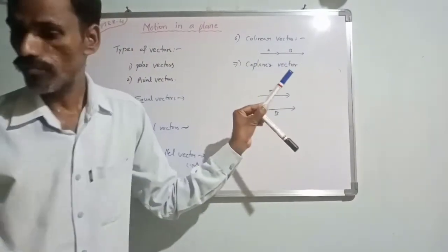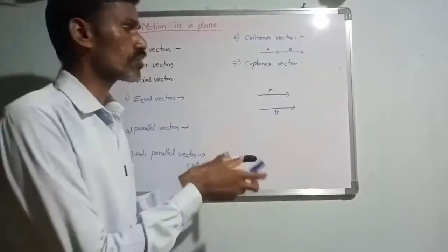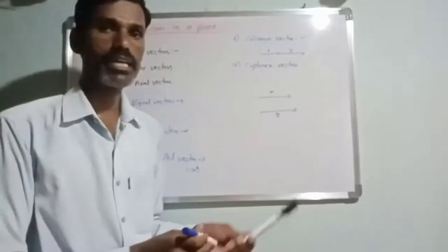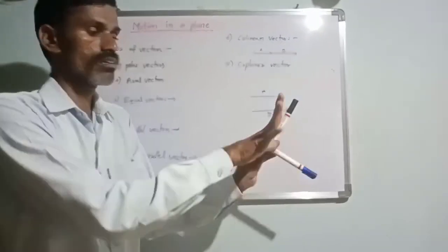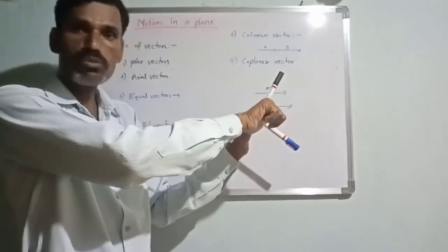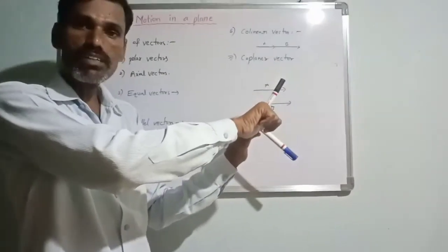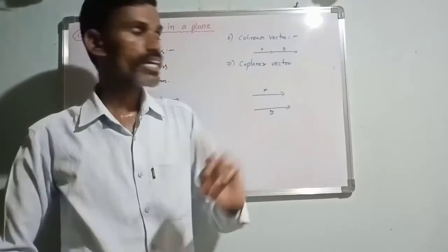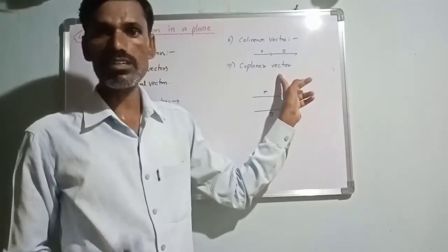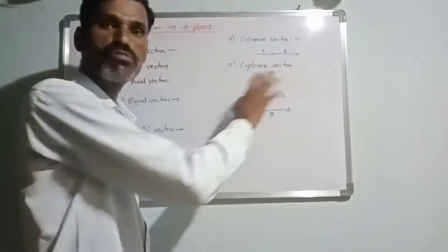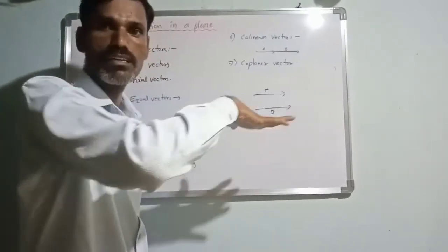Whenever we take two vectors, those two vectors are always coplanar. Suppose we take a third vector in another direction. Is it possible to draw a single plane for these three vectors? It is not always possible. But two vectors always lie in the same plane, so two vectors are always coplanar vectors. So what are coplanar vectors? If vectors lie in the same plane, then the vectors are said to be coplanar vectors.